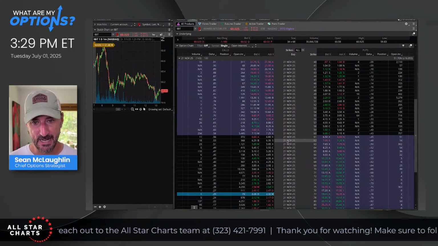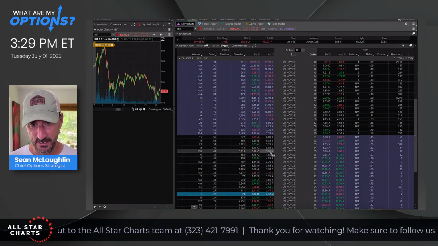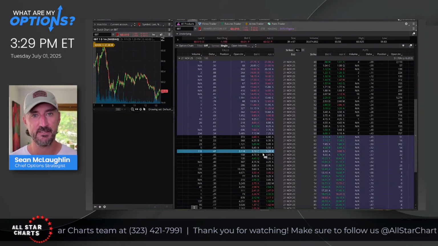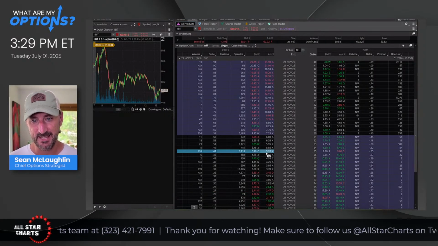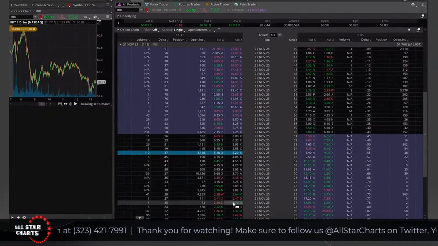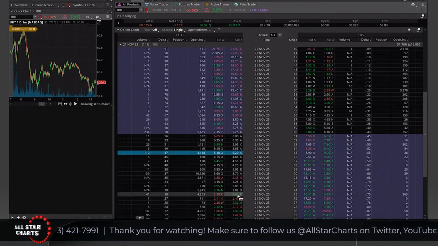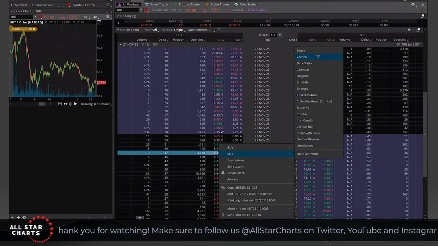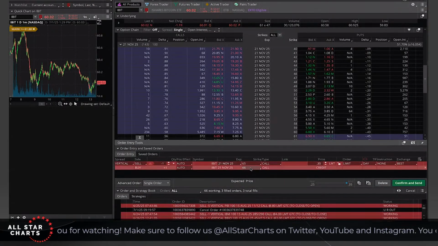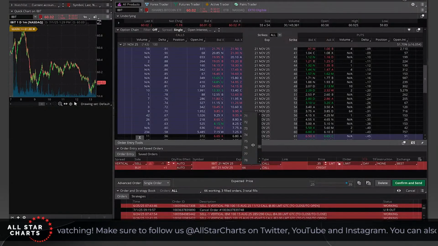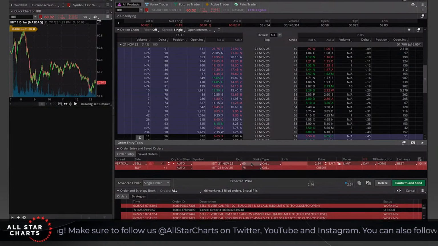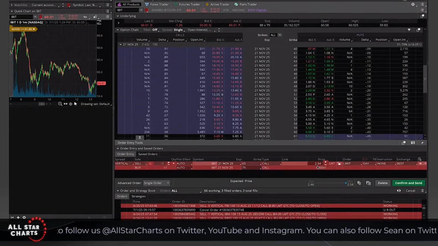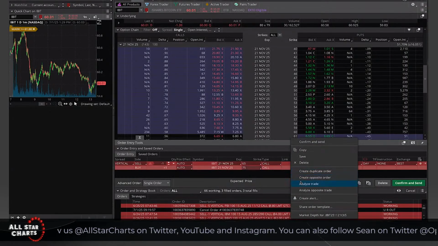I would rather buy, let's say, a 65 strike call, like right here, that has a better chance of expiring in the money, and sell, let's say, the 75 call against it. So let's analyze what that looks like. Let's put up a vertical spread. We'll set this strike to the 75. So I'm going to buy the 65 call, sell the 75 call. It costs me about $254 to do it. Let's analyze this trade.